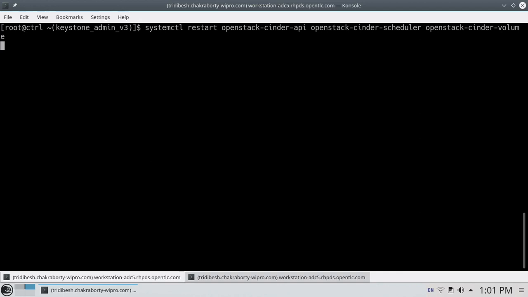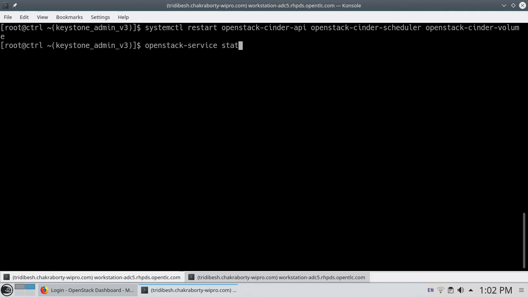This restart takes some time. Once this restart is done, you should be able to check the OpenStack services status, where it says your Cinder is running. As you can see, the services are restarted. So now we will run the OpenStack service status and grep for Cinder.